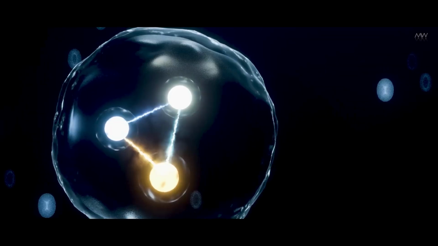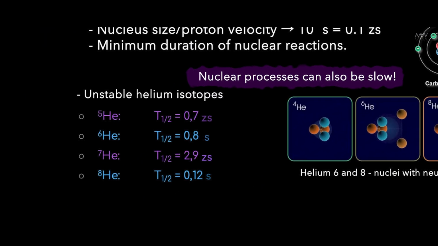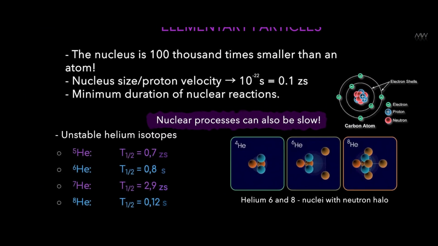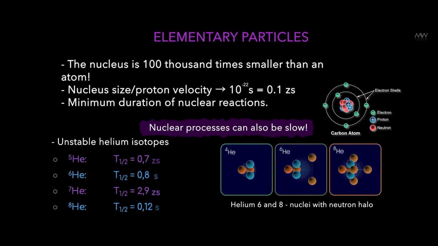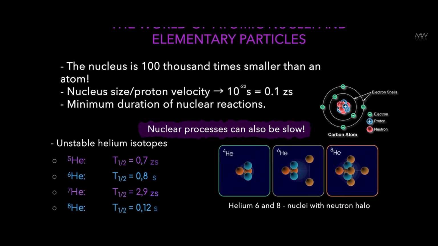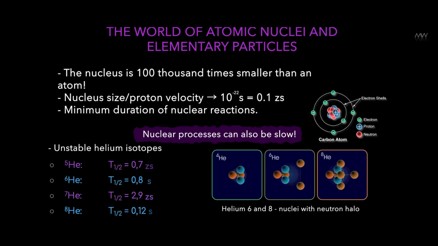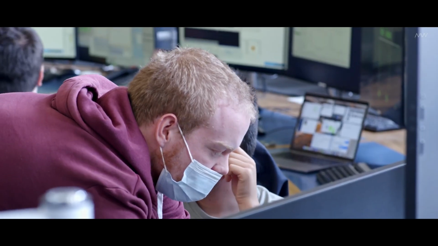It's basically quite long-lived. It is still a nucleus that decays, but the lifetime is almost a second. So by adding one extra neutron, we've lengthened the lifetime of an unstable nucleus by a factor of 10 to the 21st power. Add one more neutron, that makes helium-7. It's decaying very fast again. We add a fourth neutron, and again it lives for about a second, because these four neutrons coexist together around this alpha particle. So you see, nuclear processes can be both long and short, and you can't predict it in advance, you have to calculate it.